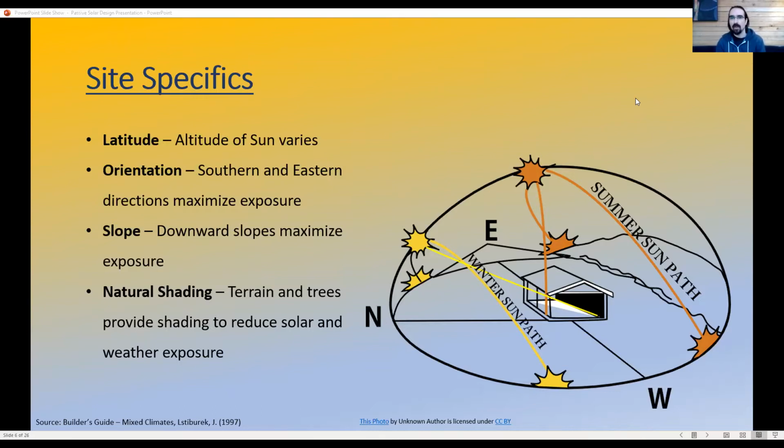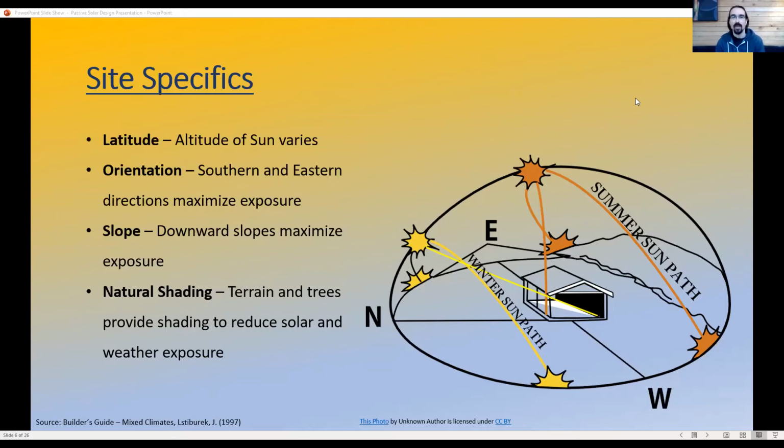The orientation of the house along the east-west axis, the longest dimension being on the southern side, increases the amount of exposure on that side of our building, allowing us to capture as much energy as possible in the winter when the sun is lower in the southern sky. Having a downward slope on the site may increase the amount of time that the sun is in direct exposure